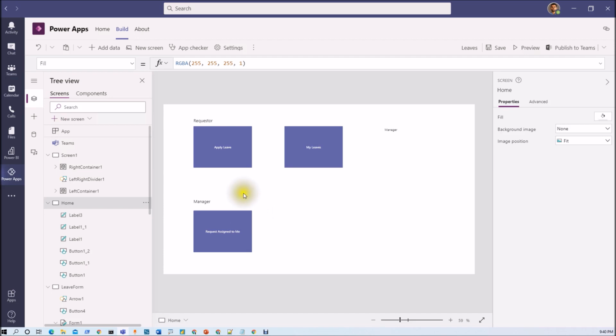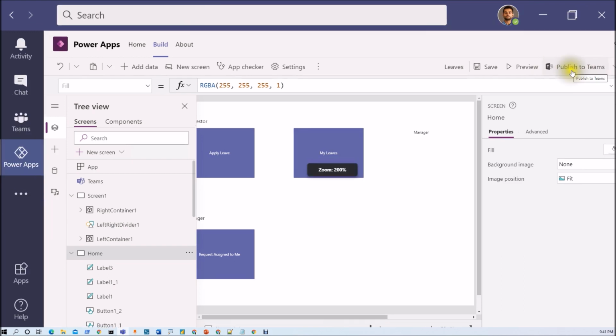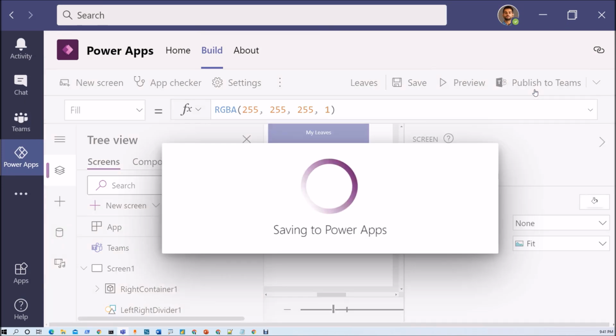In the earlier session, we developed this Live application system. Now, I wanted to make that app available to Teams users. So how can I do that? The very first step is that we need to publish our app to Teams. Here at the top corner, you will see an option, Publish to Teams. We just need to click here, Publish to Teams. So just click there.